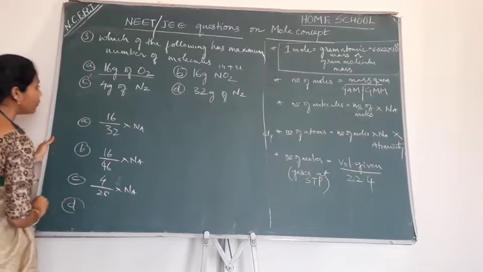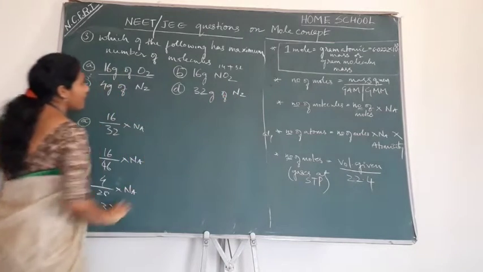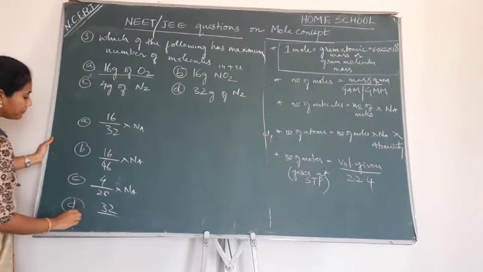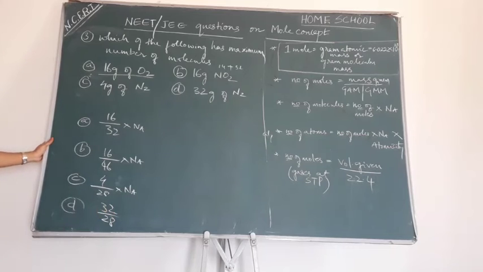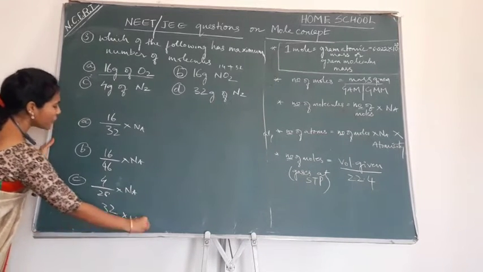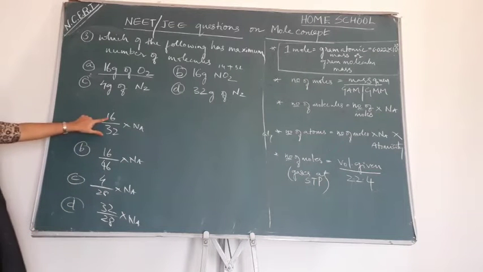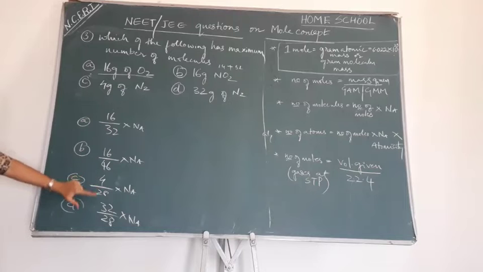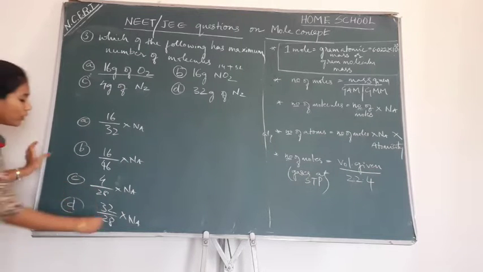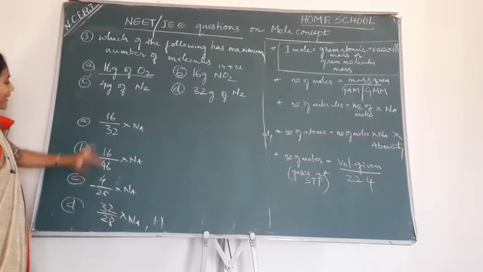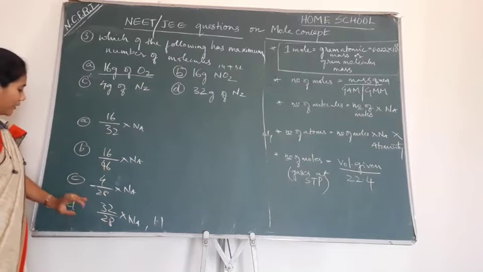And coming to D, how do you solve it? Mass given is 32 divided by molecular mass of N2, how much, guys? 32 divided by 28, is it? Yes, into Na. So in which case do you get a maximum value? Definitely, just compare. See here you have a chance, right? 32 divided by 28, how much do you get? Almost around 1.1. In the rest of the cases your value will be below 1 only, right? So guess this way and choose the answer.